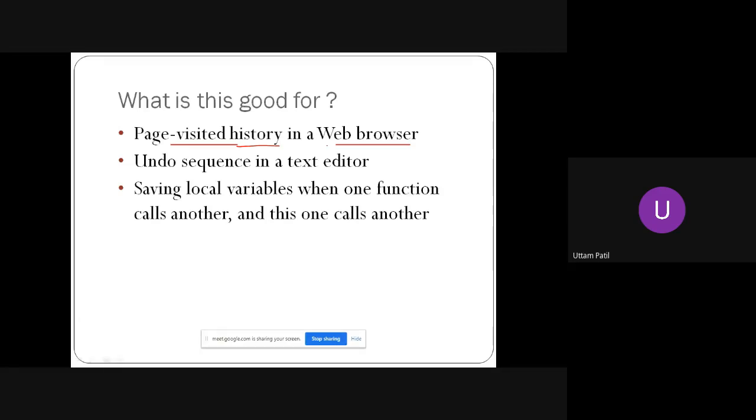Another application of stack would be the undo sequence of a text editor. I'm sure everybody has used a text editor, like say your MS Word. So you type some characters. So I just type this and I type this. I just say one calls another. Okay, and I just type these 5 words. So this R is one character which I have typed at the end, right? So if I say Control Z or if I say undo, this R will be deleted first. Okay, then E and so on.